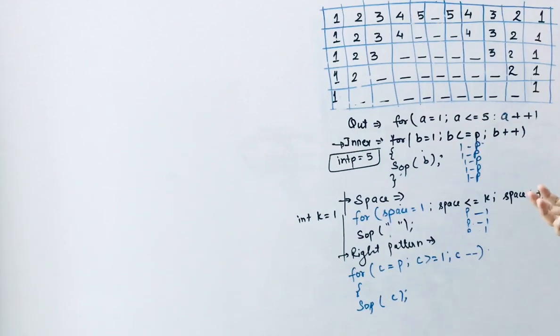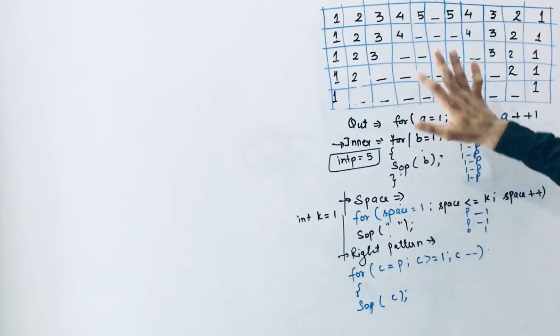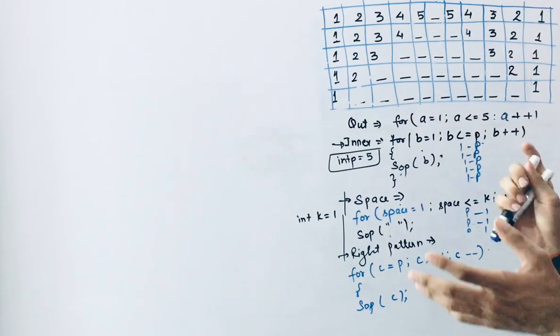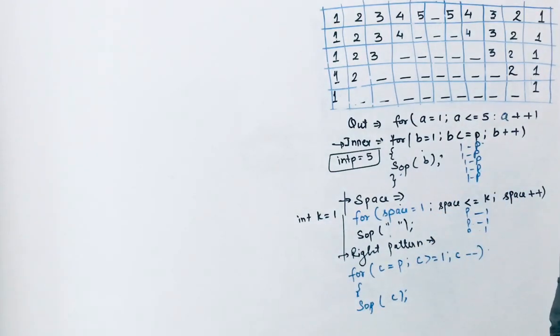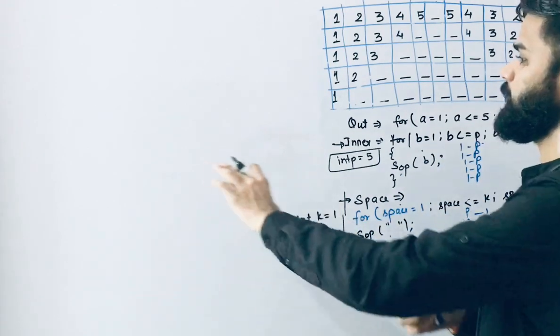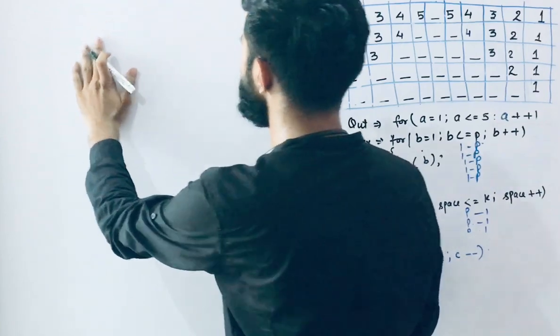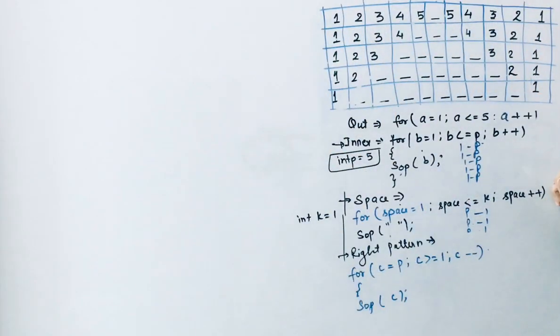So now we are going to write the complete pattern for printing this value. Maybe you are a little confused about these things, but when I write the whole pattern there, you will have no doubt. So I thought there is no doubt regarding these things, and if you have any doubt, you can ask me anytime. So now I'm going to write the complete pattern in a sequence, or in a statement way, for printing this pattern.